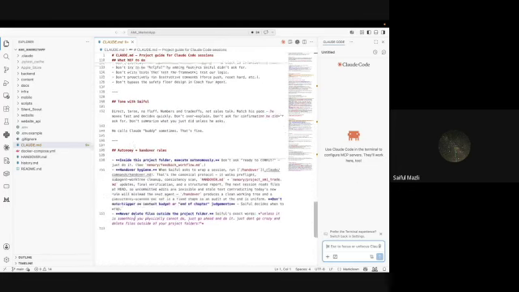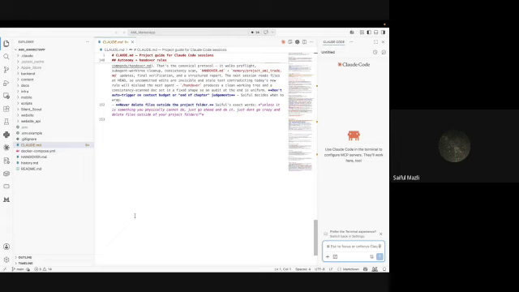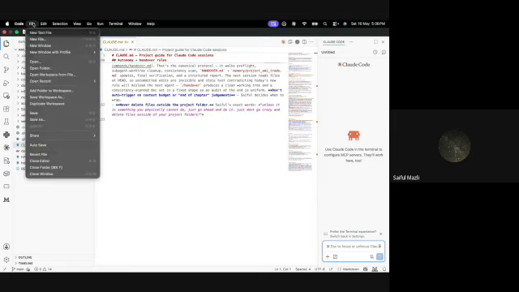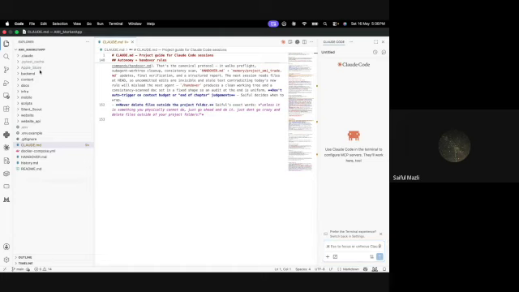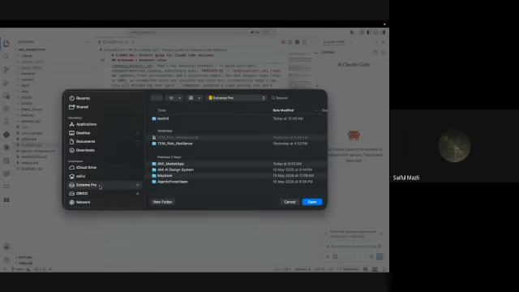Now I try to keep my claude.md file roughly no more than 200 lines. So even my big projects, it usually goes to roughly about 180 to 200 lines. Let me just open this folder.